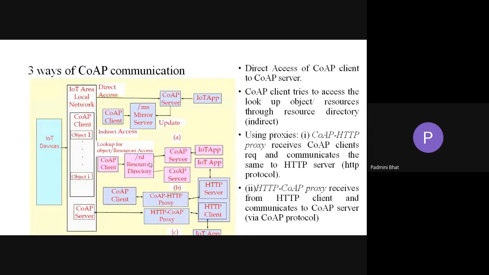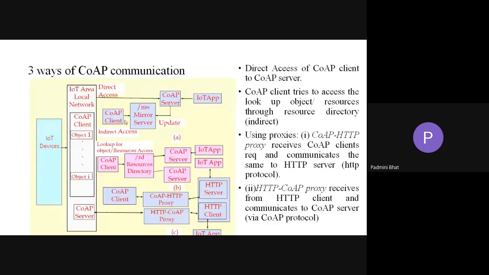So here the client is not directly accessing the server. Whichever server can supply what it is requesting is decided by this resource directory. In the previous case, the client could directly access the server.